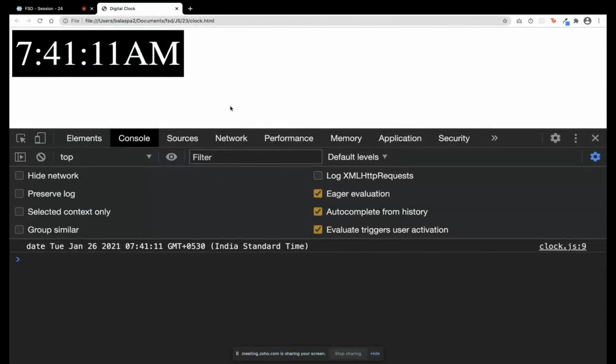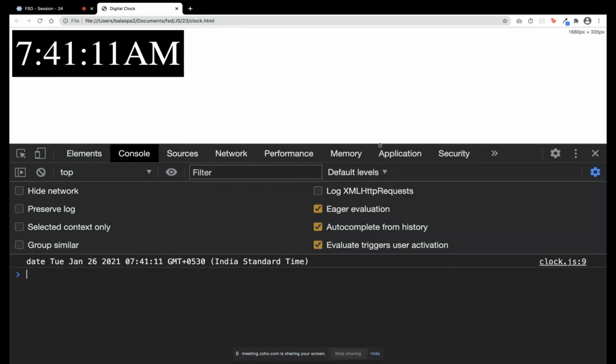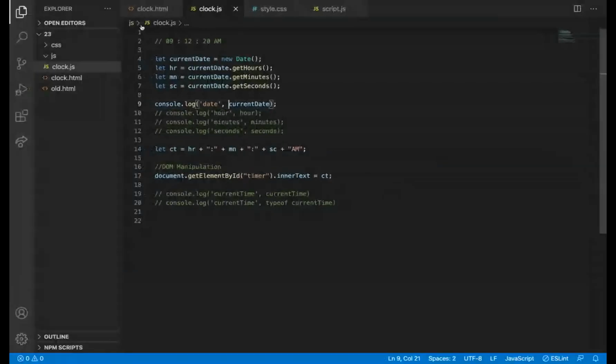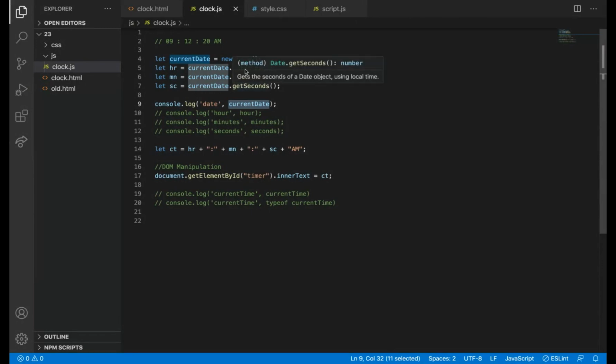So whenever you are studying something, you start learning what is the data type of this and all, because you learned data types. So what is the current time? And then we got the current hours by calling this variable with a dot and then get hours. So these are all the predefined functions. While we study object, we will come to know why we are using this dot and function name. For now, just keep it in mind, we are using one object, and get hours, get minutes, and get seconds are the predefined functions in JavaScript.